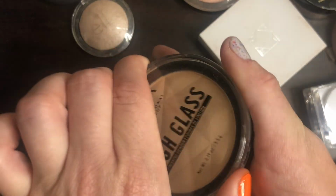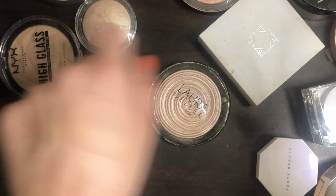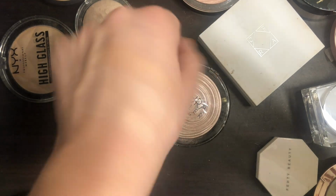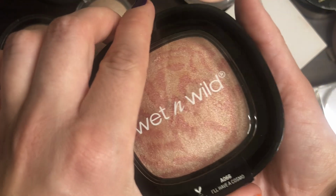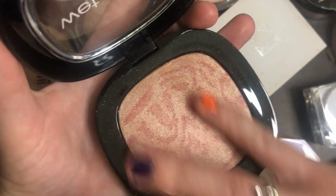I also have this NYX High Glass, and this is actually the finishing powder, but I use it as a highlighter. So again, it's just got a really nice natural sheen, a pretty nice natural highlighter. I also have this Wet n Wild one, which I actually showed a long time ago in a haul